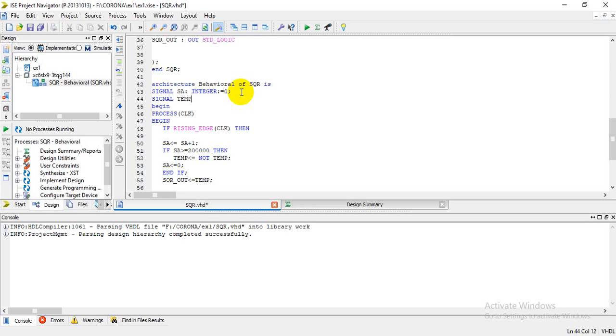temp std_logic initial equal to. So if it is a logic, in the sense zeros and ones, if it is digital zeros and ones, then it should be declared in single quotes. If it is an integer, no need of single quotes. So this is the difference between giving the values, forcing the values to the std_logic data and integer